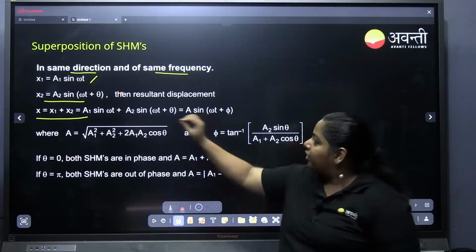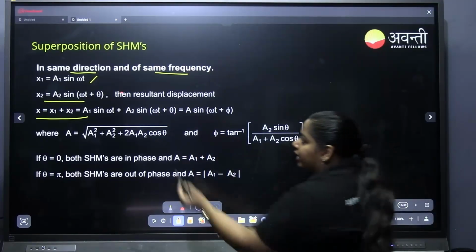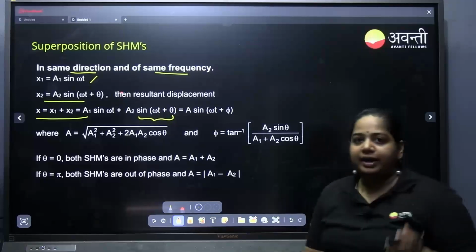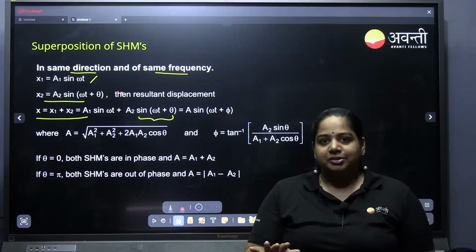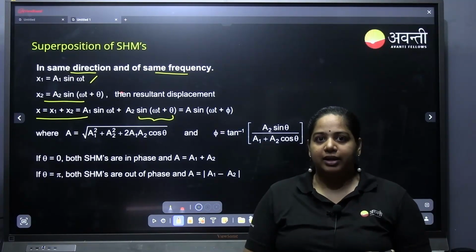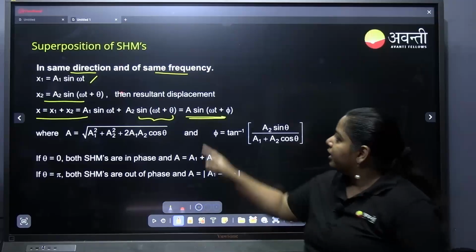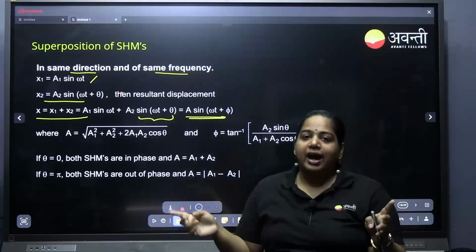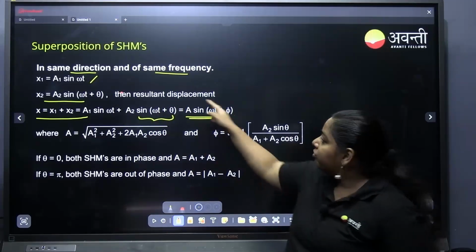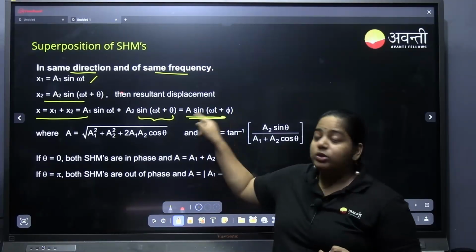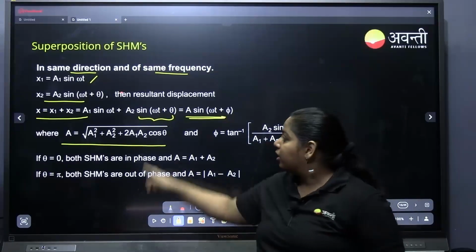Then the resultant displacement we can find using x equal to x1 plus x2. Substituting it here, what we are doing next is expanding the sin(omega t plus theta), sin(a plus b), which we open as sin a cos b plus cos a sin b. Then we do a lot of substitution in the derivation, which is not needed, and we finally get this equation. When you add two SHM and both have the same direction and frequency, the final result will be an SHM whose amplitude A is given as root of a1 square plus a2 square